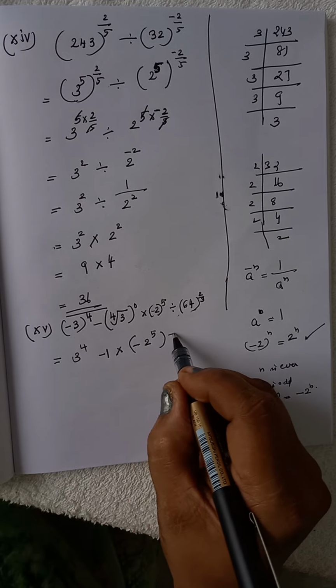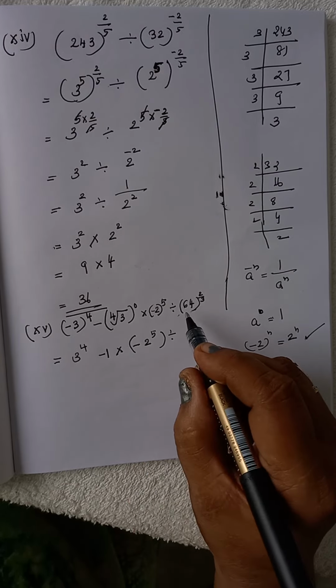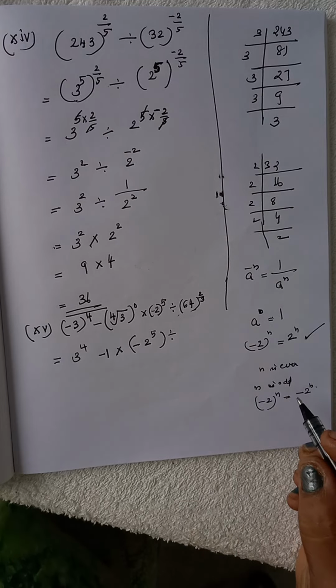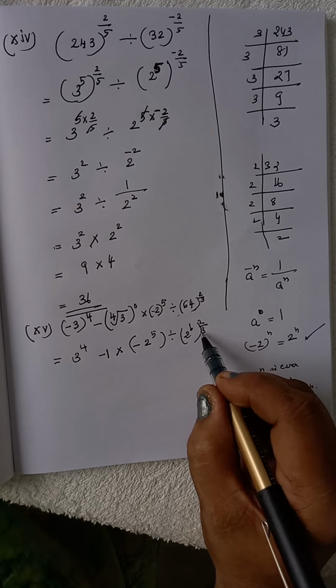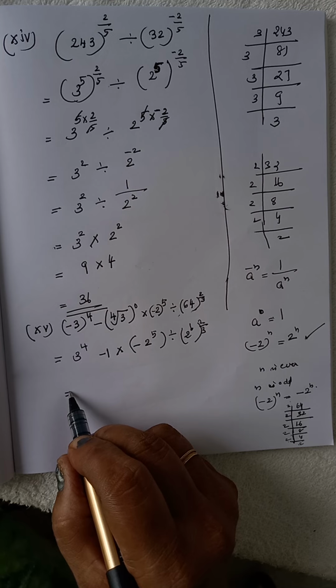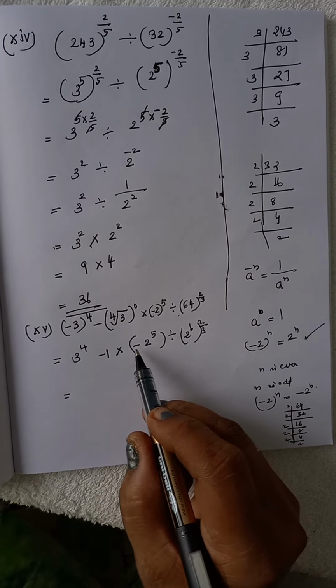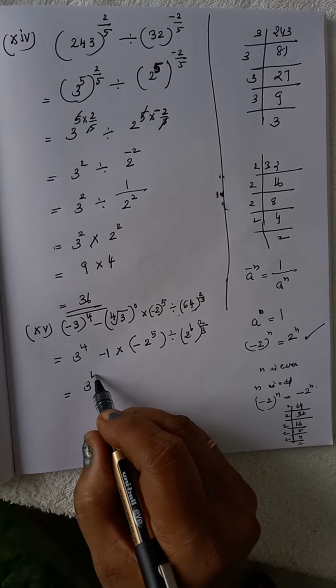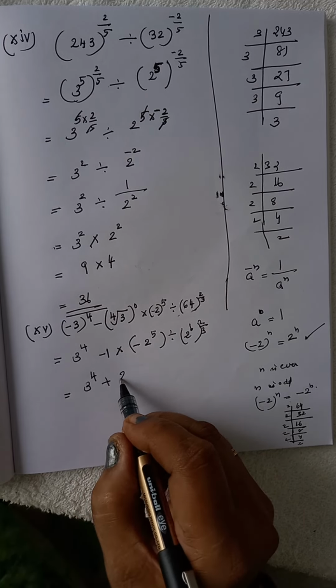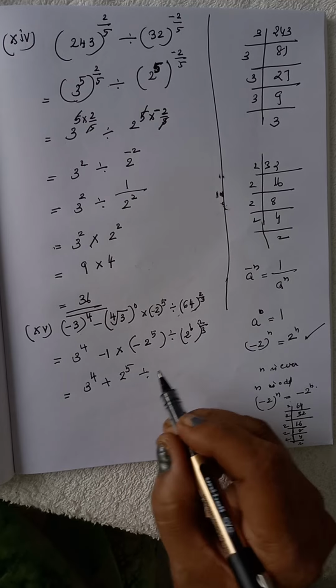Then that divided by 64, which is 2 raised to 6, whole raised to 2 by 3. That is equal to 3 raised to 4 minus 1 into minus, that is plus. So 3 raised to 4 minus into minus is plus, 2 raised to 5 divided by, here with the 3